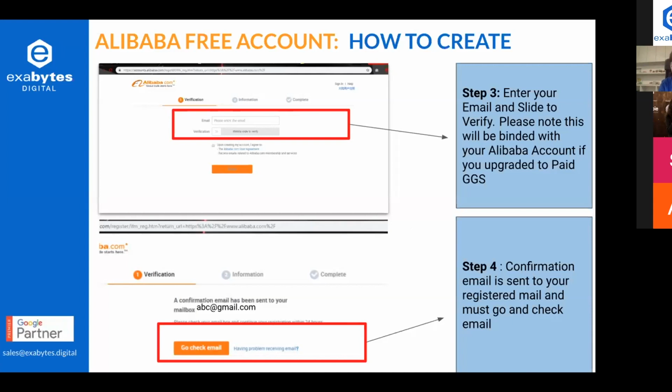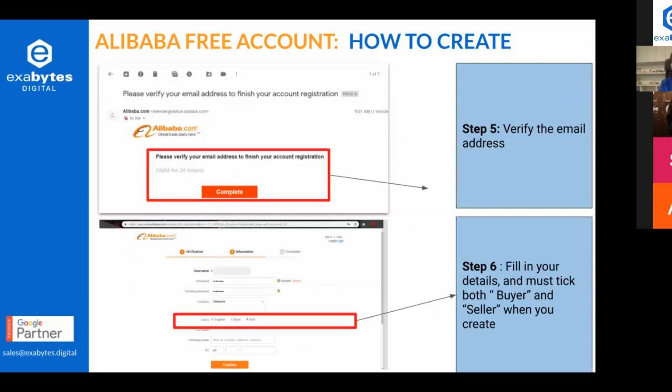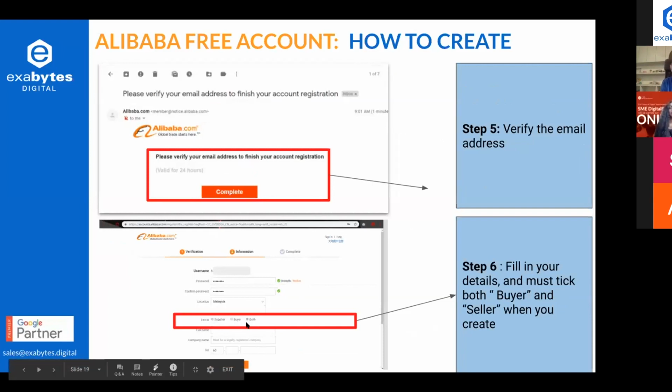What you need to do is just go to your emails and then click, and complete the process and verify your email. And the most important is you have to click that you are a supplier and a buyer at the same time, because this account can enable you as a supplier and a buyer. So you can start putting some of the listings in your mini site.